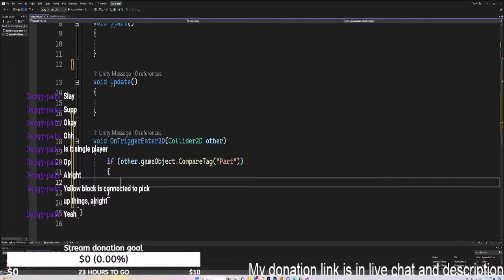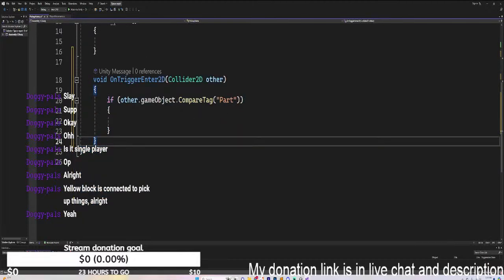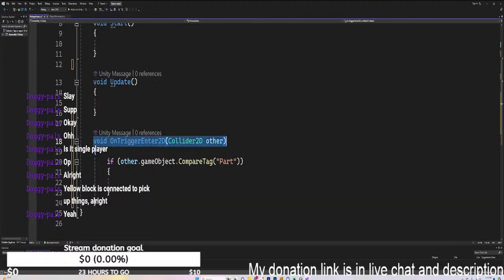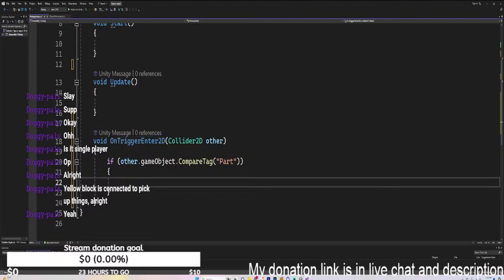Okay, so this might look like alien language, but basically this up here is saying if something touches this object, which is the player, then it checks if what touched the player has a tag part on it, if that makes sense. So if you come in range of a part, then